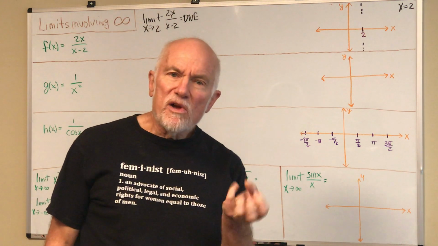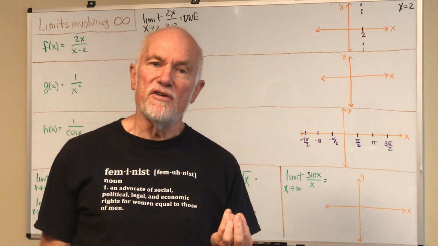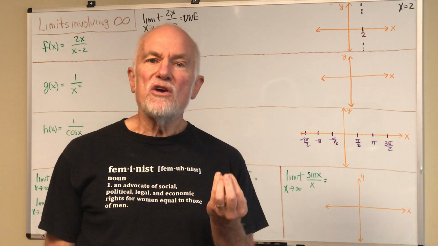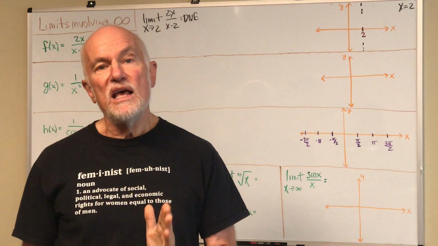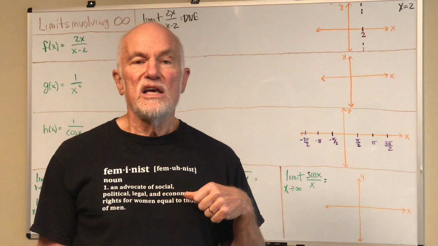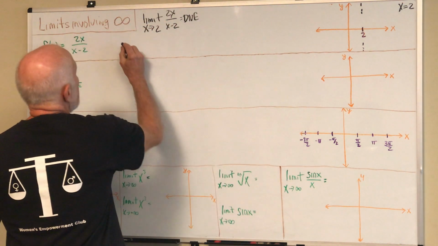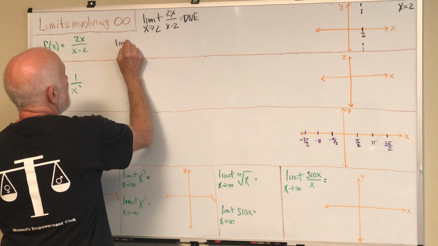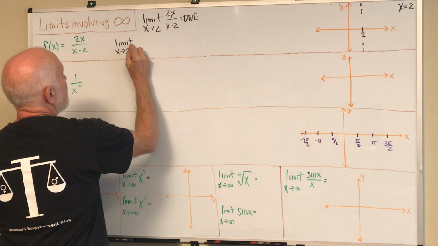But if we really want to get more information about what's happening on that function, it might be a good idea to go a little step further and look to see what's happening as x approaches 2 from the right and from the left. So if we take the limit as x approaches 2 from the right,